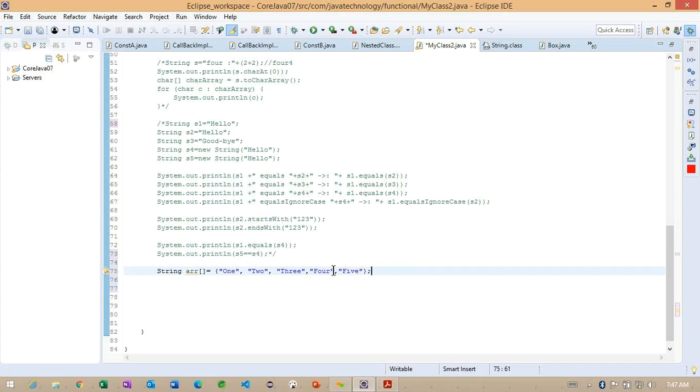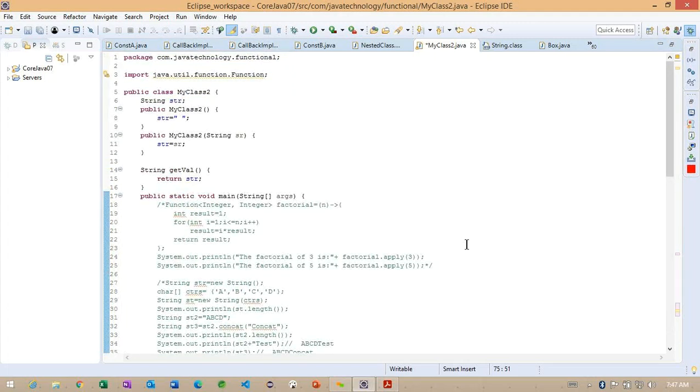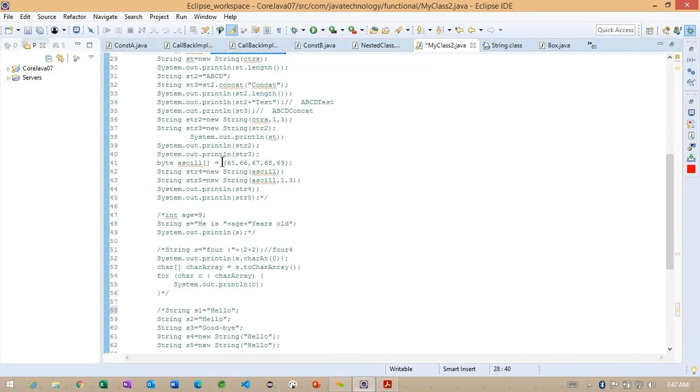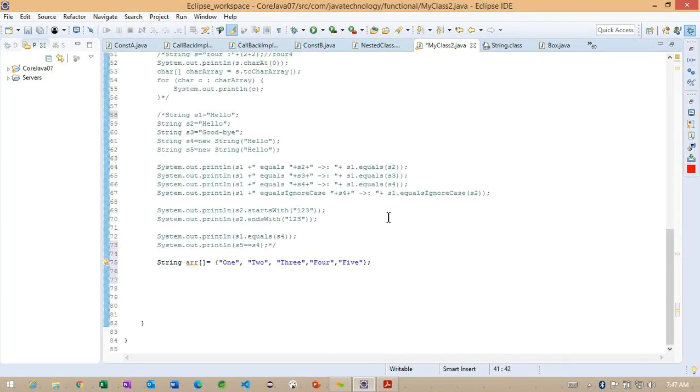Carefully observe, this is a string array, and in the previous example we created a character array. So this is indicating a character array. See the difference here, how we are creating a character array, and back to here we are creating a byte array. Getting the point? This is the way we create arrays of different data types here. And coming back to here, after creating this example, now what I am going to do,